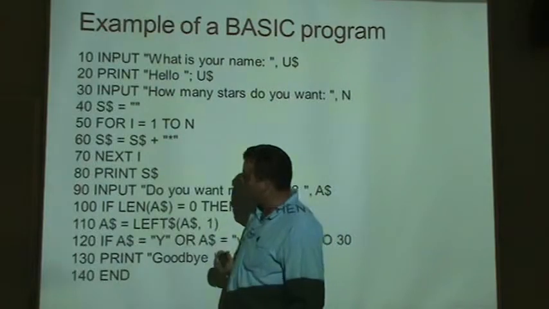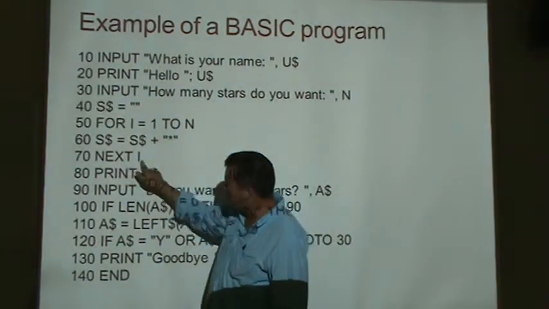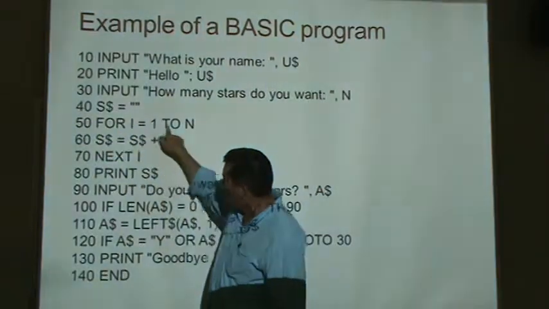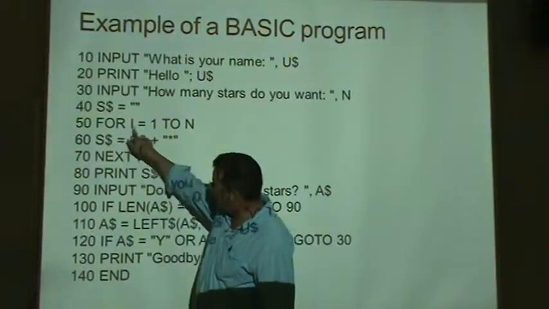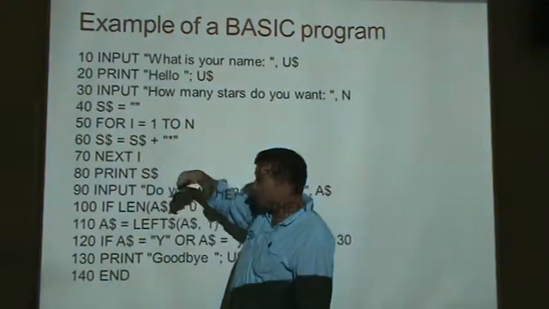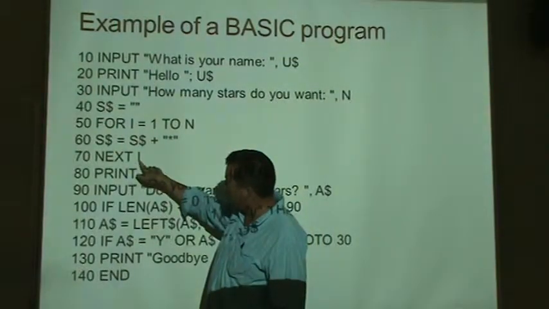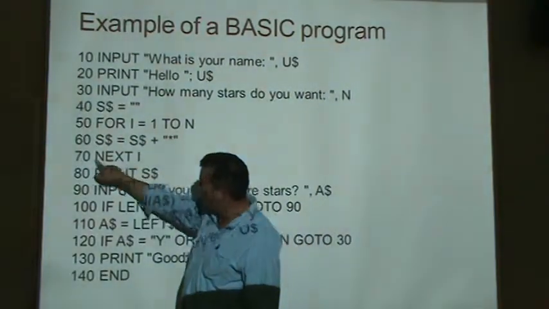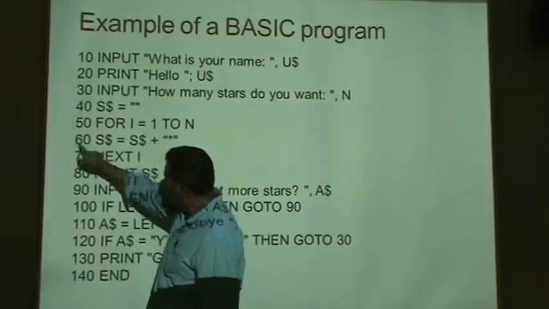Now this is a basic programming concept. When you see next I, it assumes this is part of a line that says for I going from one number to another. So the next one will say whatever the value of I is, add 1 to it, and then go back to here again. And then it'll add another star. So it'll keep doing these lines of code over and over and over